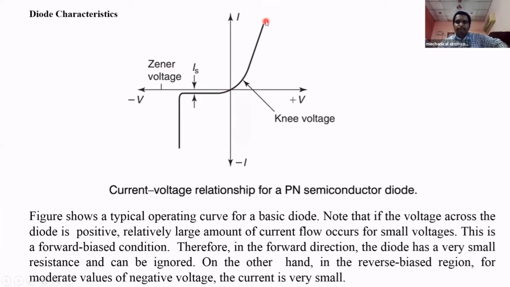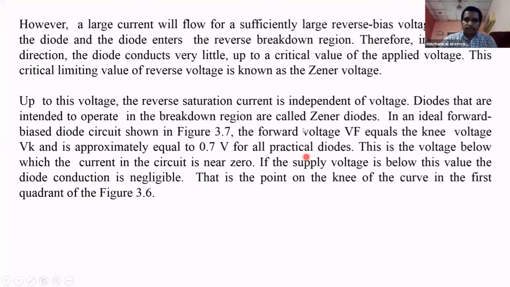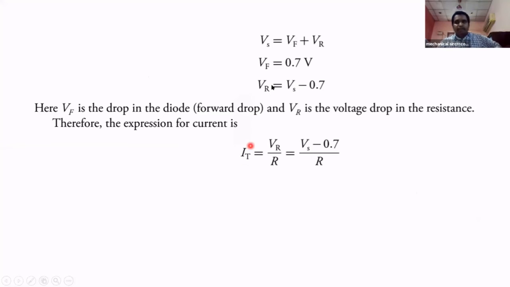This is forward biasing. Knee voltage, as I already told, is 0.7 volts for silicon semiconductor. For germanium, it is 0.3 volts. It means our supplied voltage should be more than this knee voltage, then only is there a possibility of holes and electrons crossing the junction. See this? The supplied voltage should be the knee voltage plus the load voltage. This voltage is to overcome the potential barrier, and this voltage is for the load.